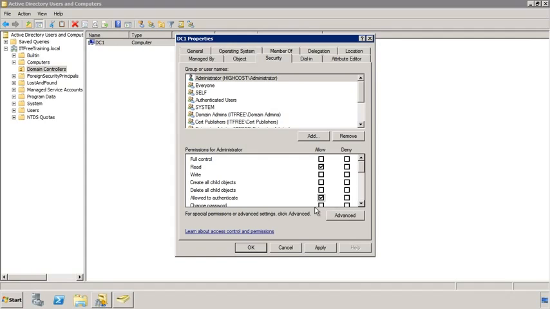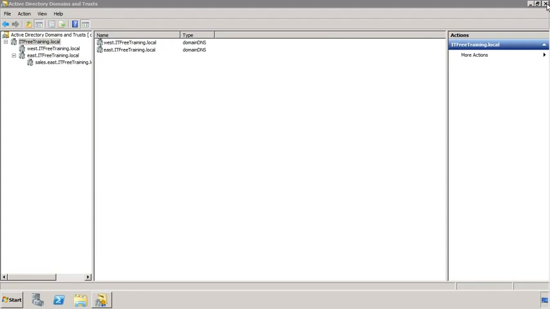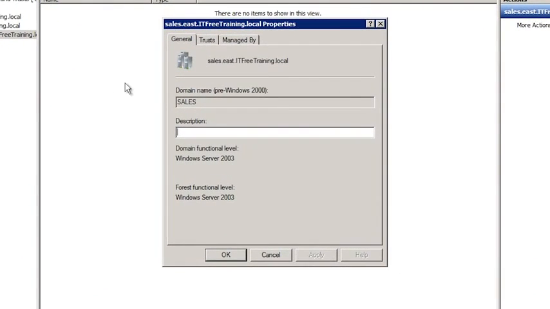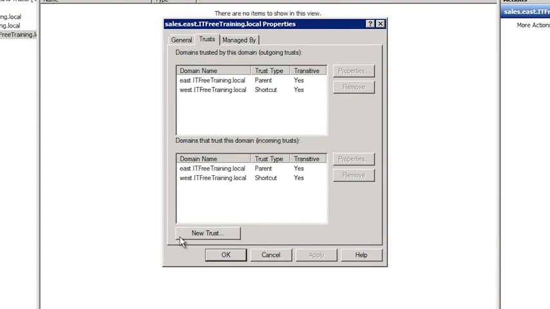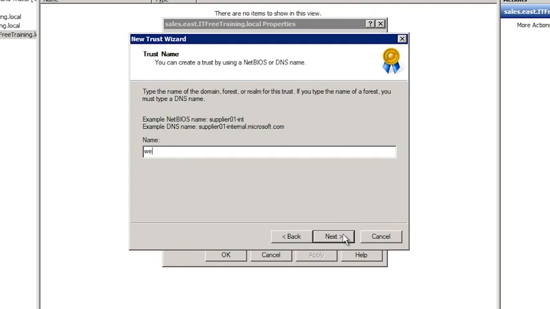I will now go back to Active Directory Domain and Trusts and demonstrate how to create a shortcut trust. In this case, I will create the shortcut trust between the sales domain and the West domain. In order to do this, first open the properties for the sales domain. Like the Forest Trust, press New Trust to start the wizard. In this case, I will enter in the domain name of